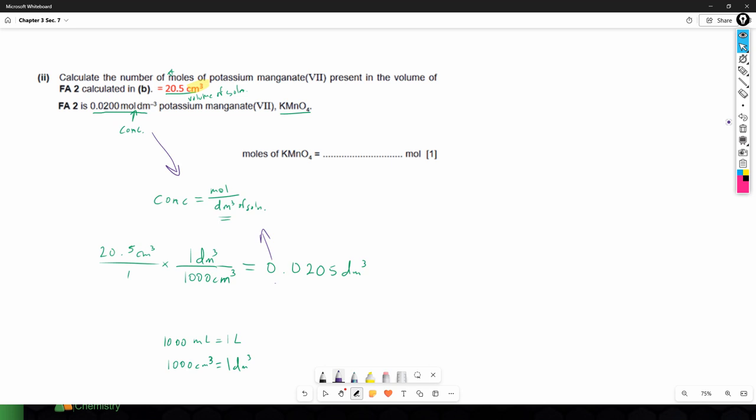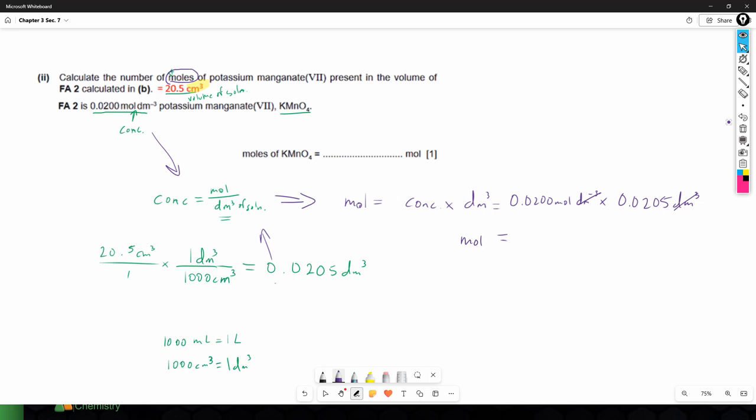But we need to rearrange the equation because what we want here is the number of moles, not the concentration. The concentration is given to us. So if we rearrange this equation, we get that moles is equal to concentration times cubic decimeters, which means our concentration of 0.0200 moles dm to the negative 3 times volume, which is 0.0205 dm cubed. The dm cubes cancel, and we end up with our moles, which are equal to 0.02